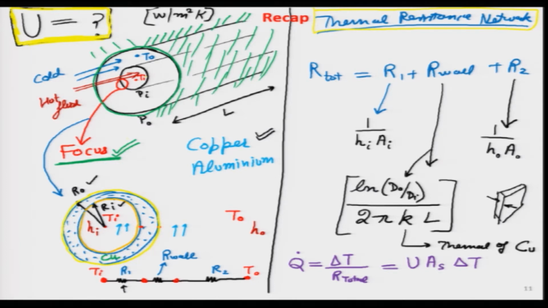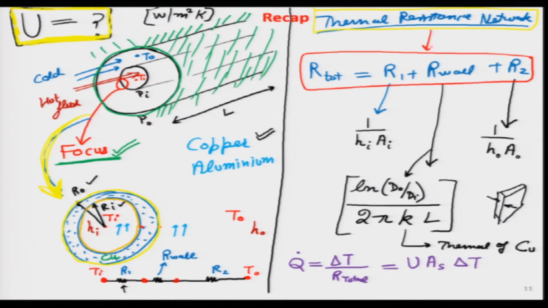In the inner tube some hot fluid is flowing, in red color we have shown, and in the outer tube cold fluid is flowing. So, we are focusing on this particular pipe, the inner pipe over here, that we have shown zoomed in at the bottom left side, and on the right hand side, in the red box over here, that total resistance we have written for this particular type of flow. Total resistance we are writing between the two highest and lowest voltages or temperatures. So, between T I and T O we want to write the sum of these three resistances.